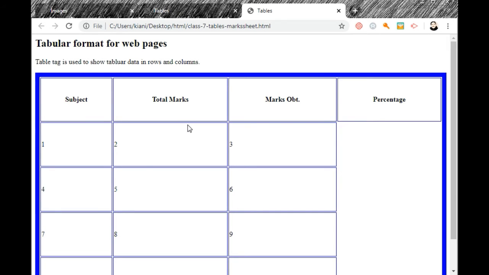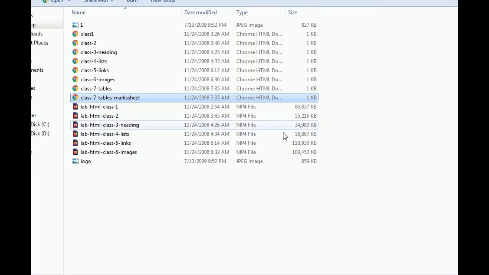This is our file, tables mark sheet. This is table subject, total marks obtained, percentage. This is what? This is heading column, th column, th row. This is th row, and these are columns. These are 4 columns.